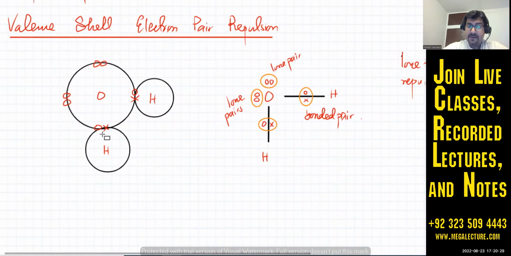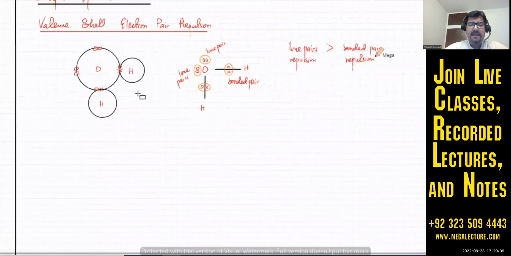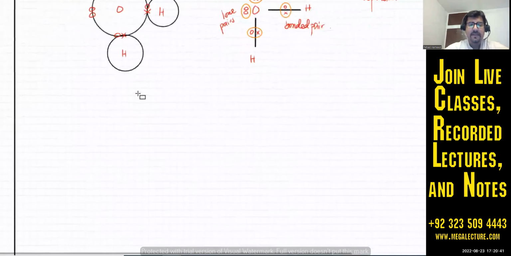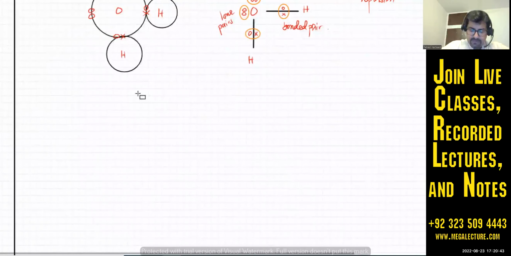It's got electrons over here. It's got a bonded pair of electrons over here, and a bonded pair of electrons over here. They're all trying to repel each other. That's the simple idea. So we will do examples. I'll show you the first example. You'll have different molecules. Let's talk about the first example, and we're going to try and predict what the shape is going to be. So if you've got two bonded pairs